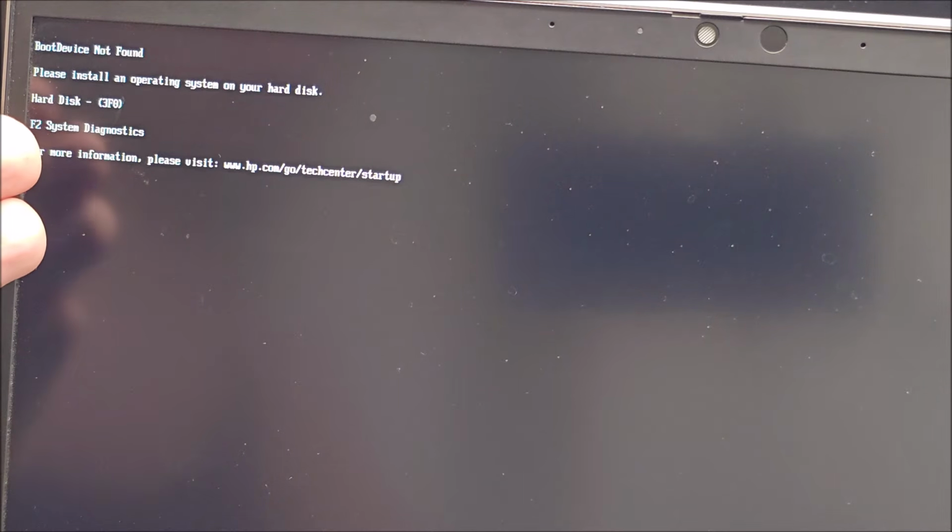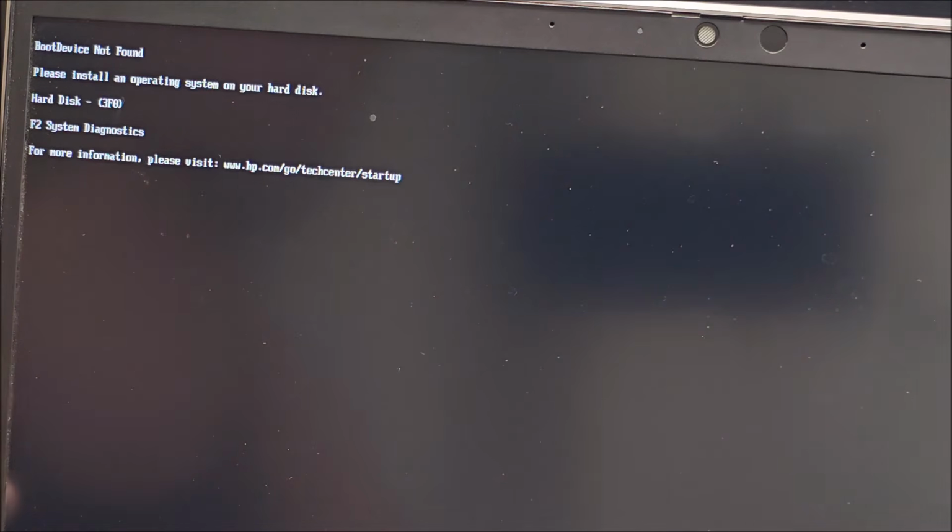Hi there. In this quick video I'm going to show you what you can do to get rid of this message, and there are two variants for this. Either obviously you have a new drive which doesn't have an operating system on it, in which case you need to install Windows or Linux, whatever you want,